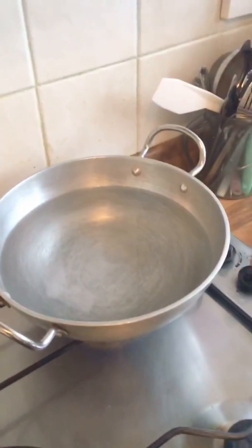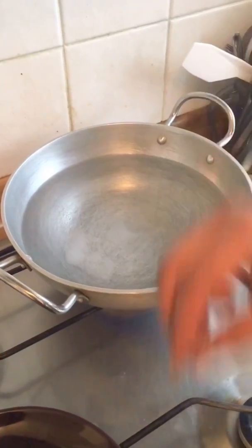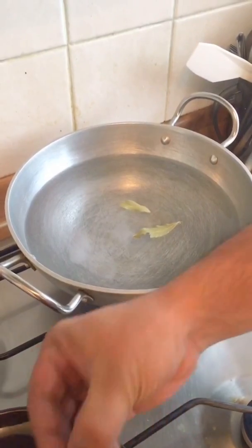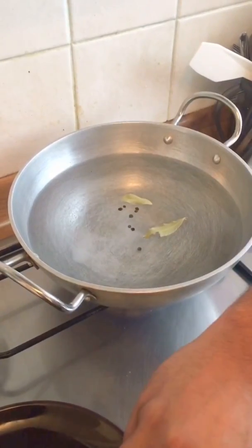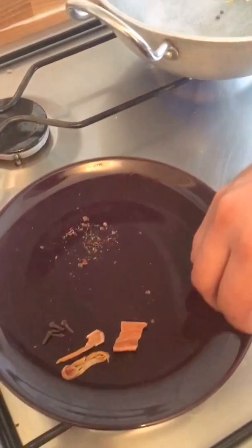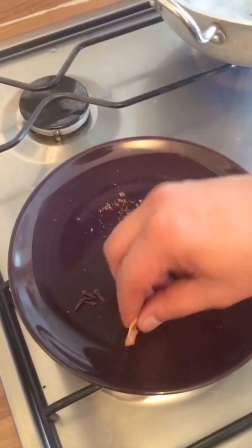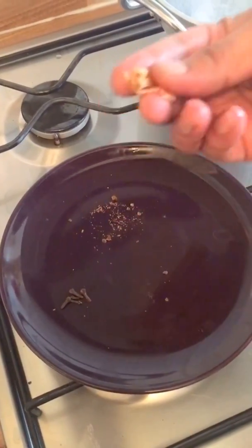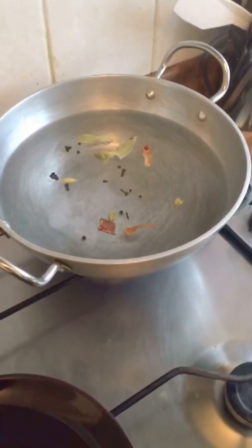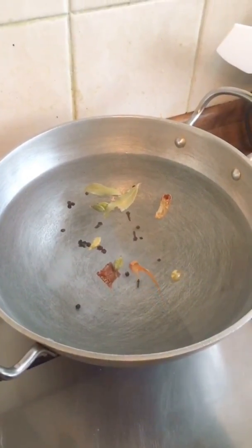So we got the water boiling for the biryani rice. I've added some salt into it. I'm gonna add some bay leaves, some black peppercorns, some green cardamom, cinnamon stick, this is jawitri, and some cloves. I'm just gonna add another last ingredient, and that's a little bit of